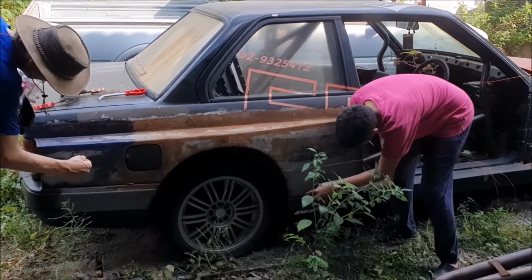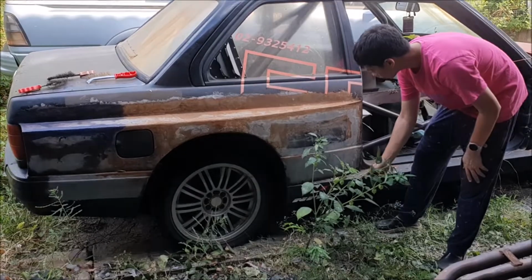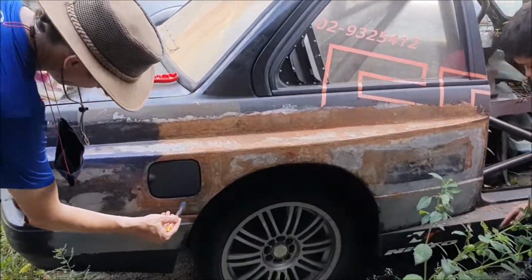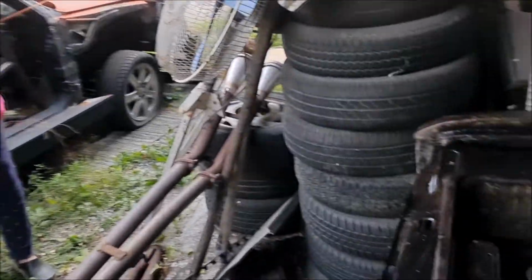And I must say, even just taking the paint off it makes it look 1,000 times better. But we'll preserve it, because that, as I say, is going to be mothballed. So that, I think,